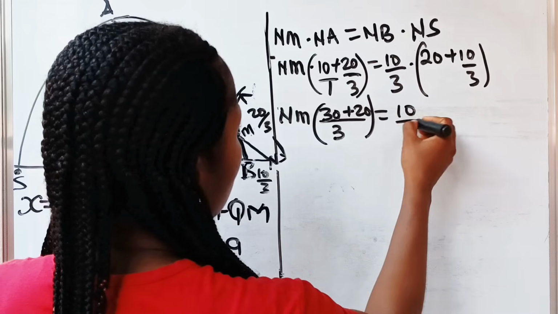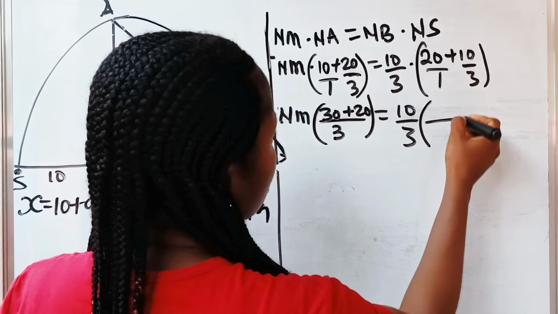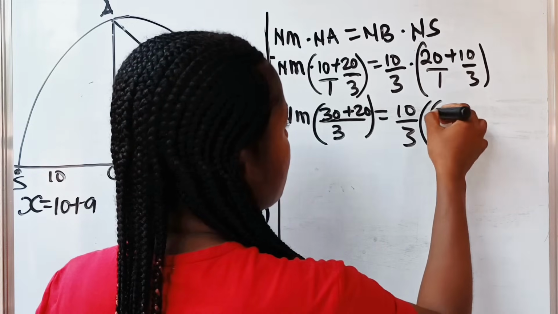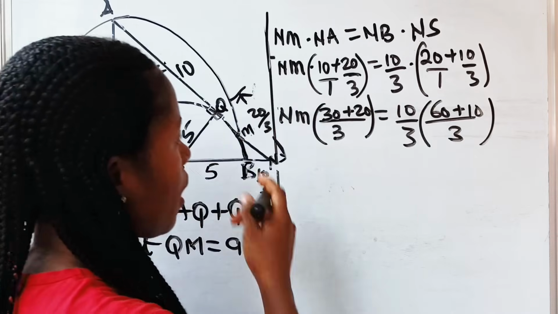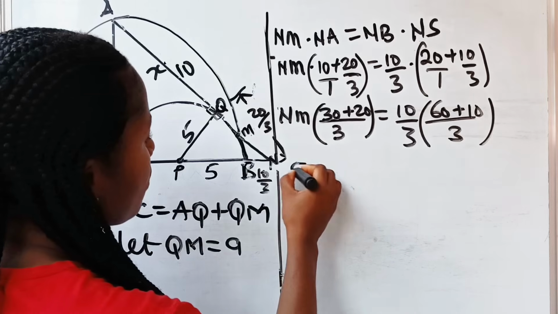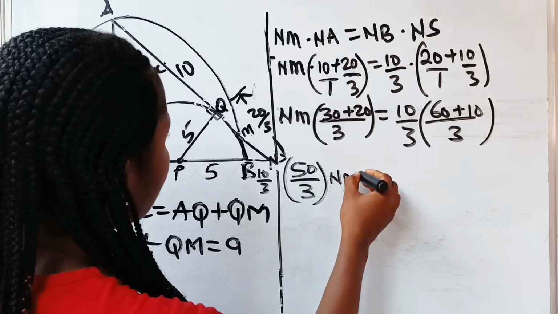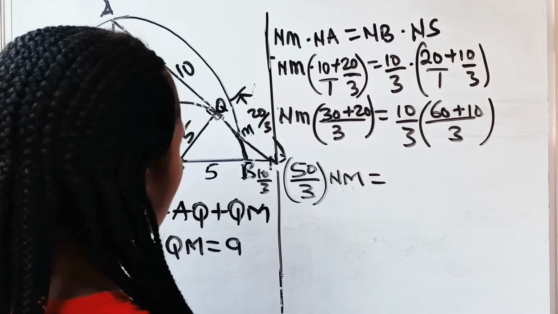This is equal to 10 over 3 multiplied by, now here the LCM is also 3. 1 divides 3, we have 3. 3 times 20 is 60 plus 3 divides 3, 1. 1 times 10 is 10. Okay, so here we have 50 over 3 multiplied by NM, all right, is equal to